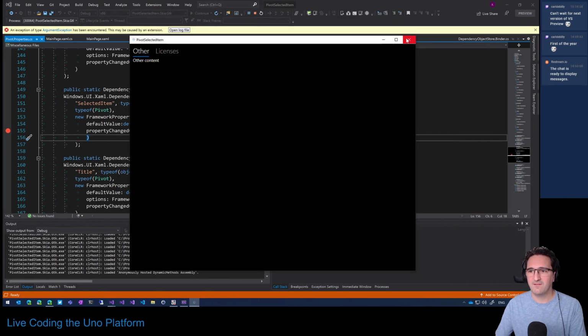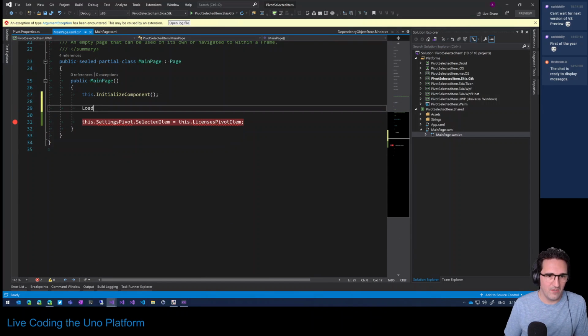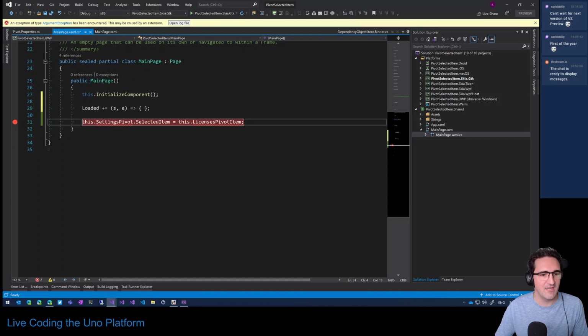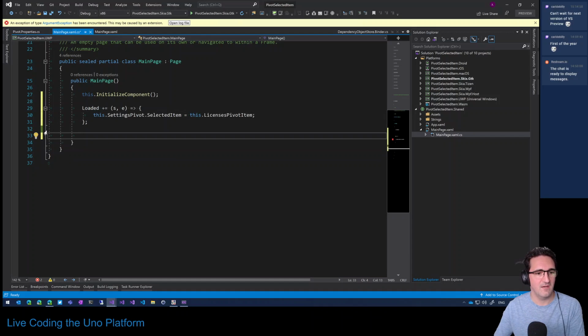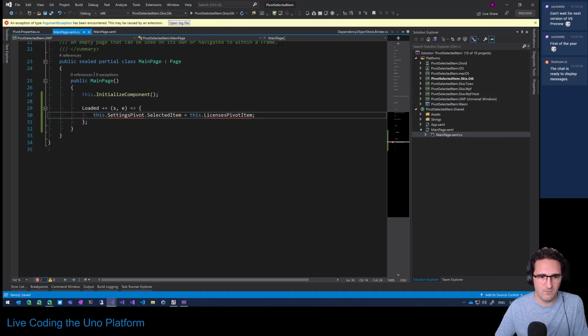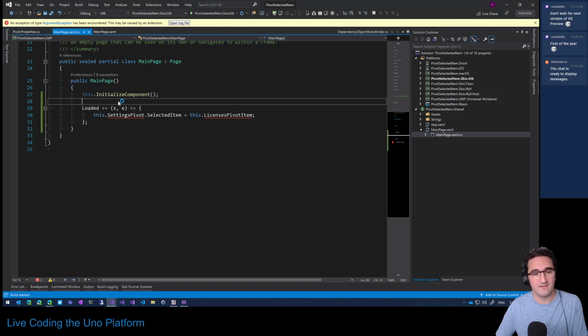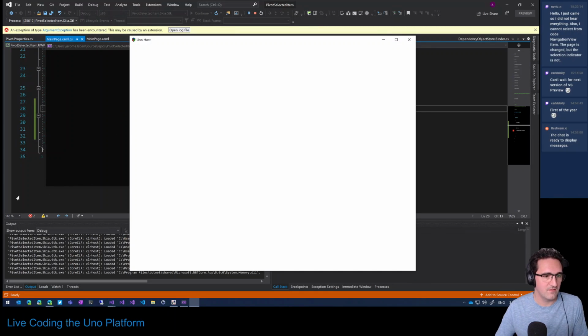So let's try something. Let's say that we go into Loaded instead. And then we do it in the Loaded event, because it looks like it's linked to the sequence of events and with the way the selected item is managed internally inside of the pivot control. So let's see if, instead of doing it inside of the constructor, we do that inside of the Loaded event. That is something that we're actually working on with some members of the team,